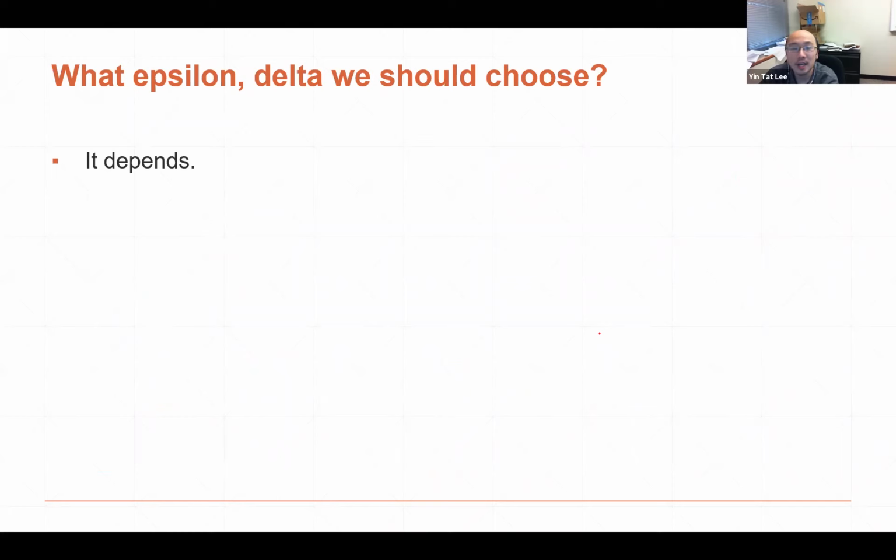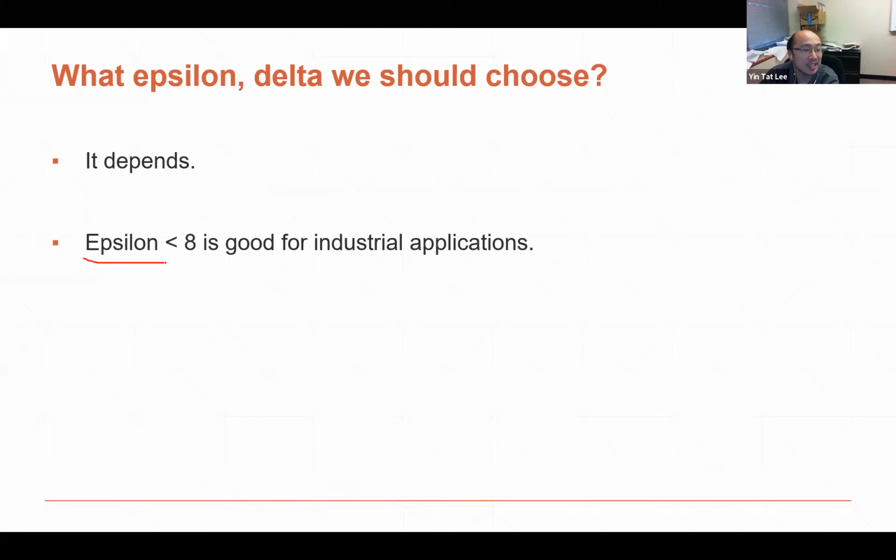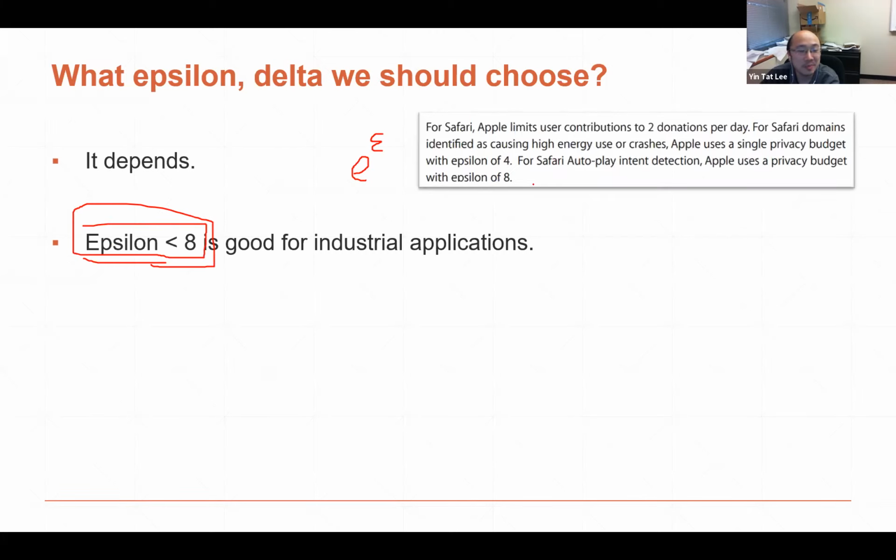So in practice, what kind of epsilon and delta should we choose? This is kind of funny. Although in the definition it is e to the epsilon, in practice people usually pick some epsilon pretty large. For example, Apple chooses epsilon to be either 4 or 8. Something pretty large. You imagine e to the 8 is a huge number. But the reason people choose such a large epsilon is because